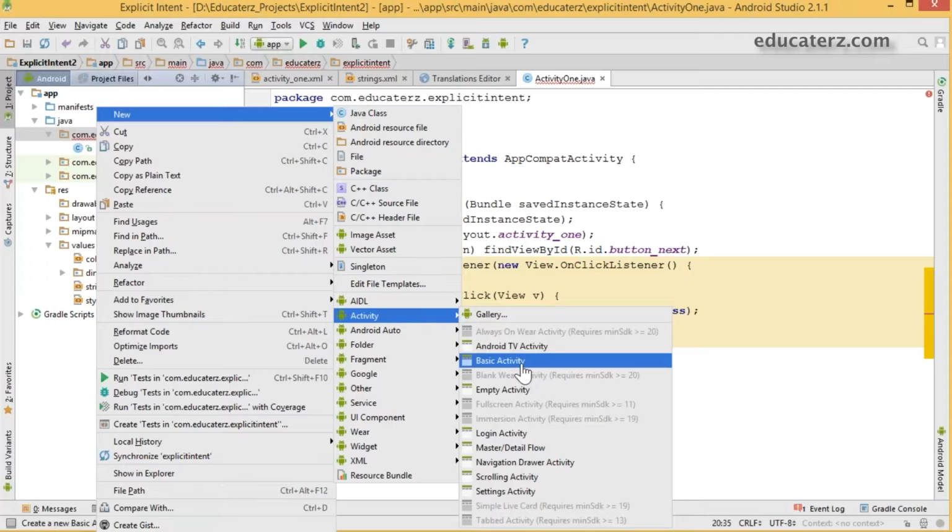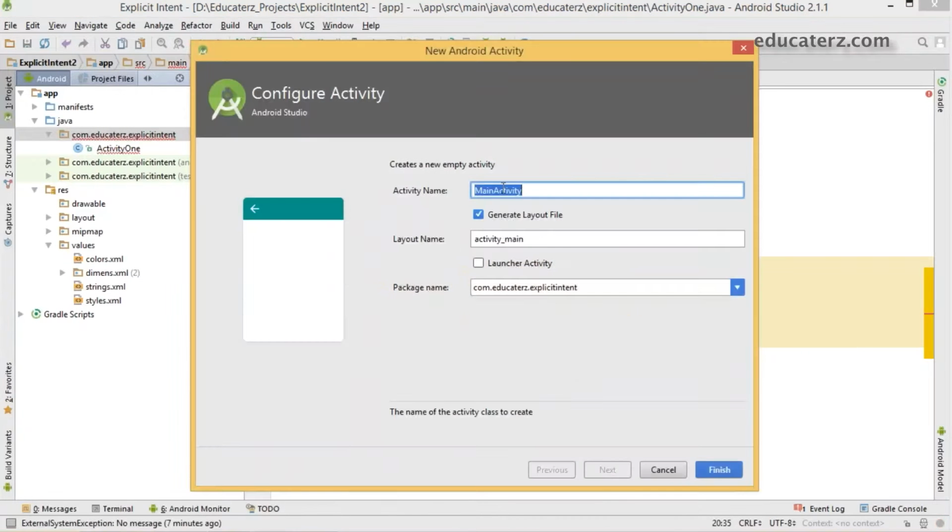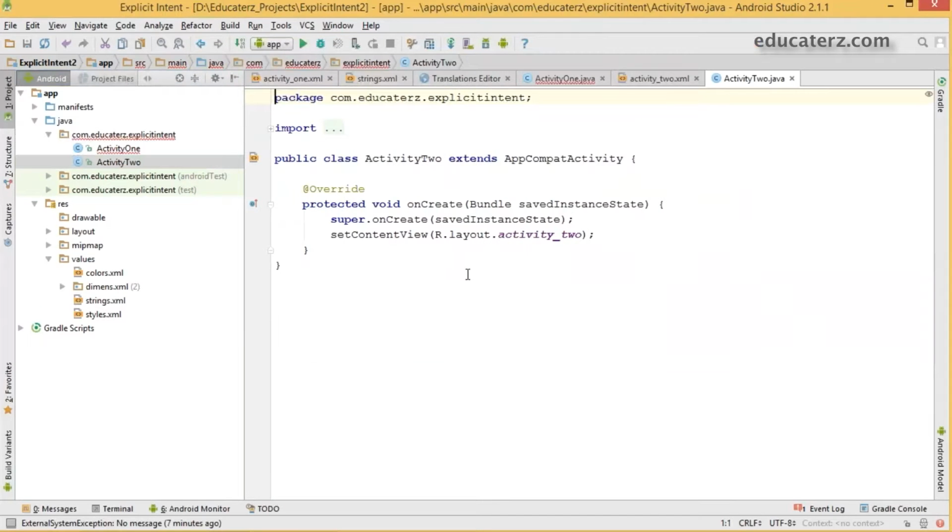You can choose Basic Activity or Empty Activity. Basic Activity will have your floating action button. So now I'm going with an Empty Activity. Name it as Activity2, and change the layout name accordingly. Click on the Finish button. So that has been created. Okay.